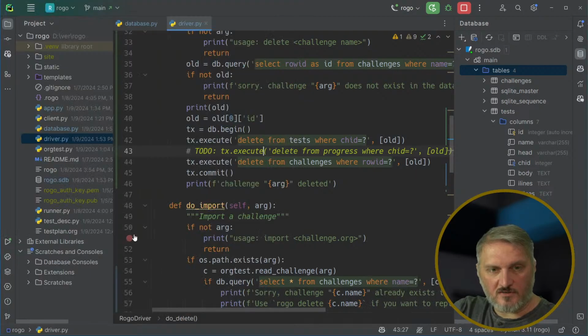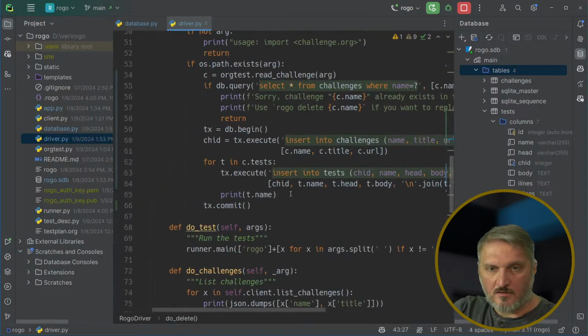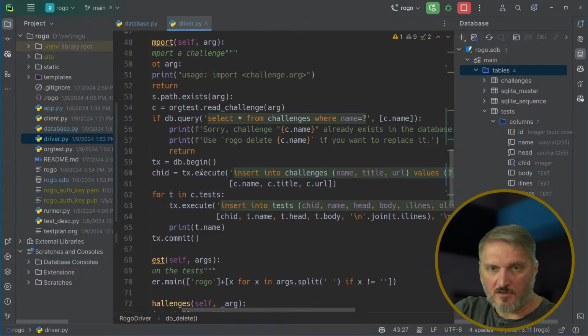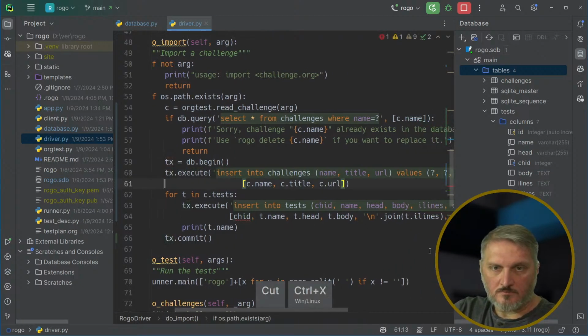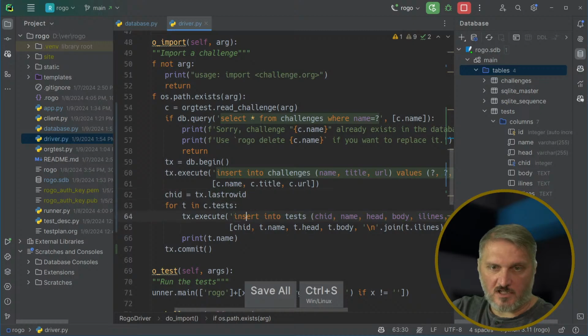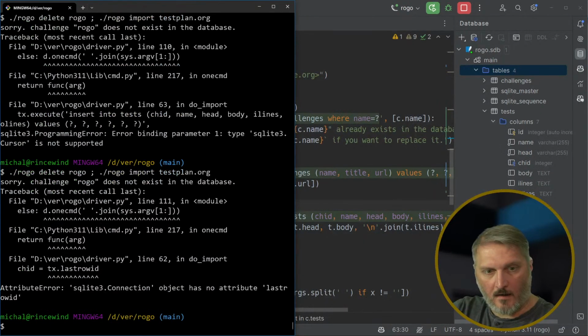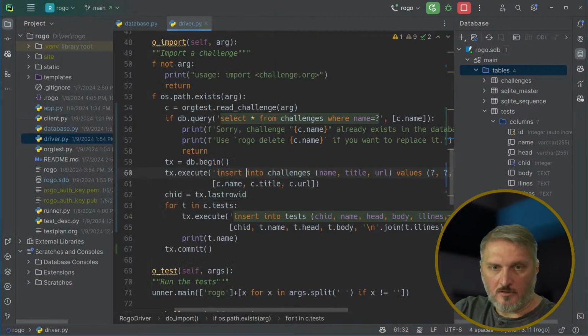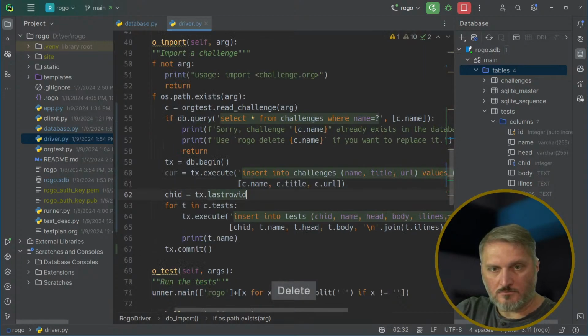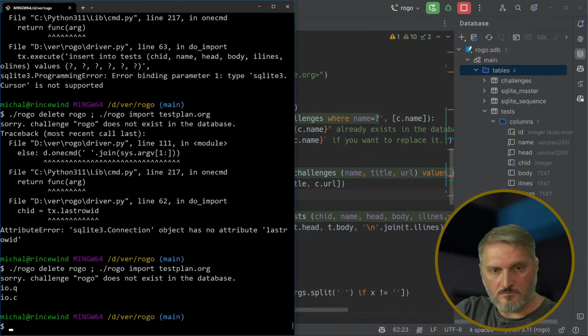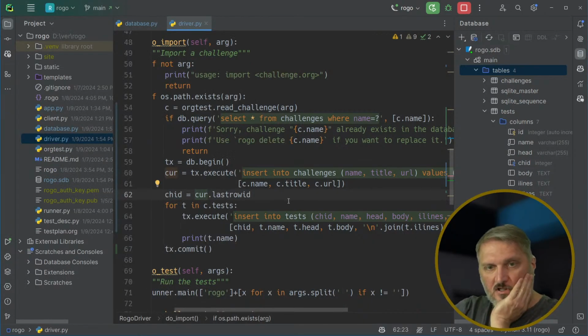Insert into test chid. So chid did not like that. So chid is tx execute. Oh. Chid is tx last row ID. Connection object has no attribute. There we go. All right, so you get back a cursor, and from that you get the row ID and